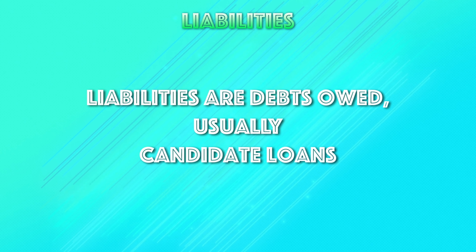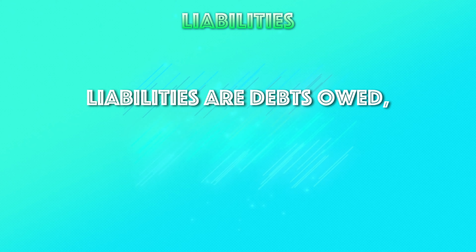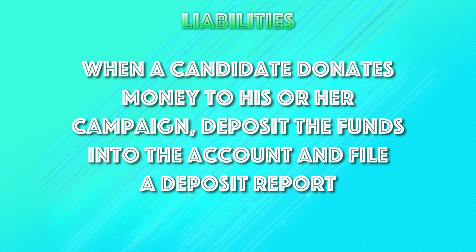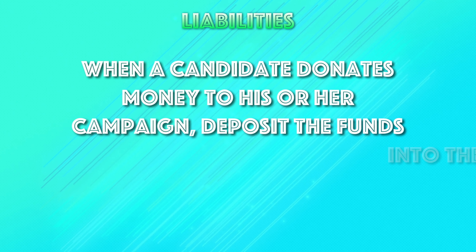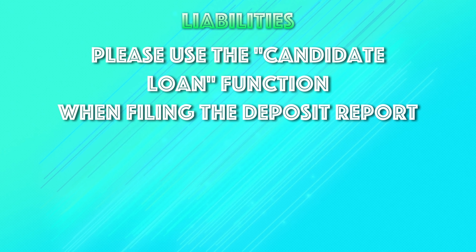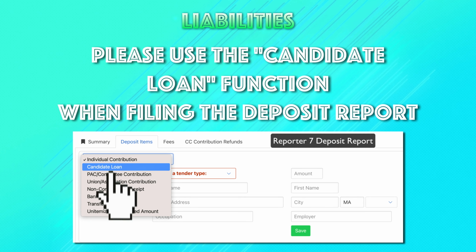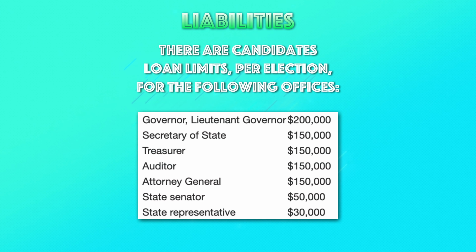Liabilities are debts owed, usually candidate loans. When a candidate donates money to his or her campaign, deposit the funds into the account and file a deposit report. Please use the candidate loan function when filing the deposit report. There are candidate loan limits per election for the following offices: